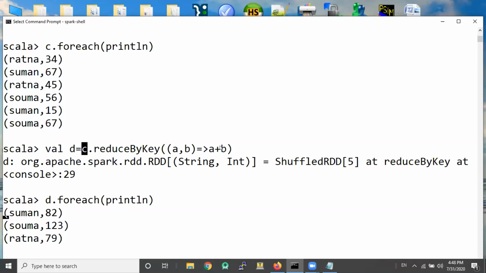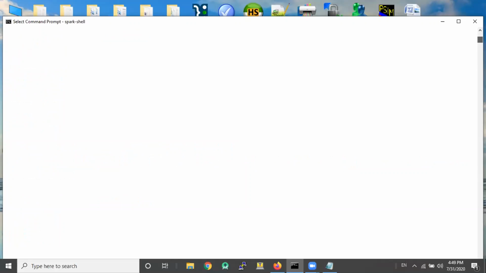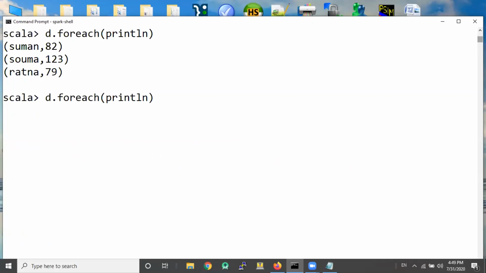Let's try a maximum marks in each subject. That is also an aggregation. So for that, we have to go back to b. Let's do this.